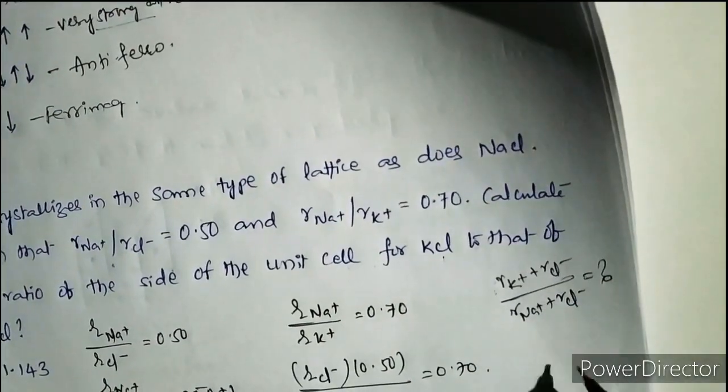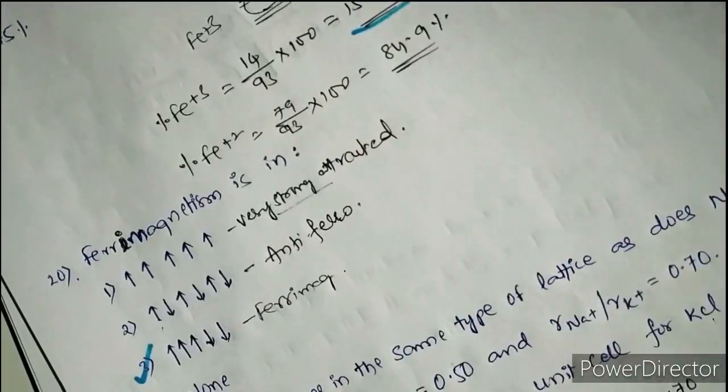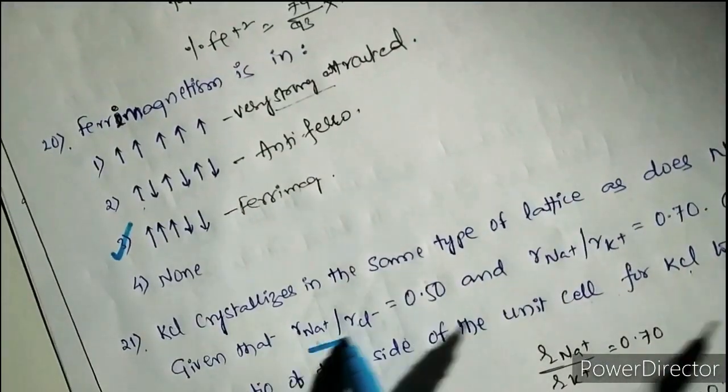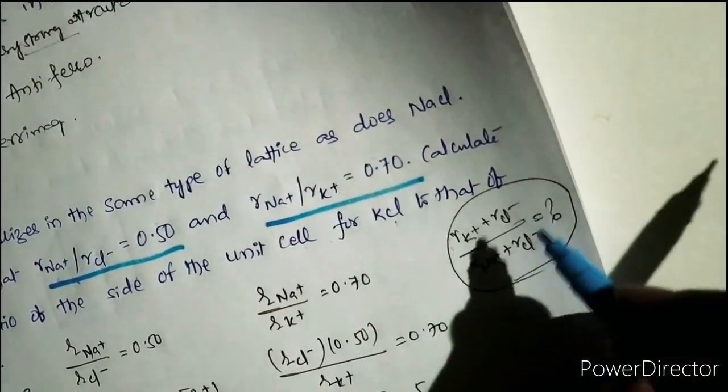This thing you have to find from the given data. What is the data given to you? They have given only two things, this one and this one. From these two you have to find this value. Okay, so